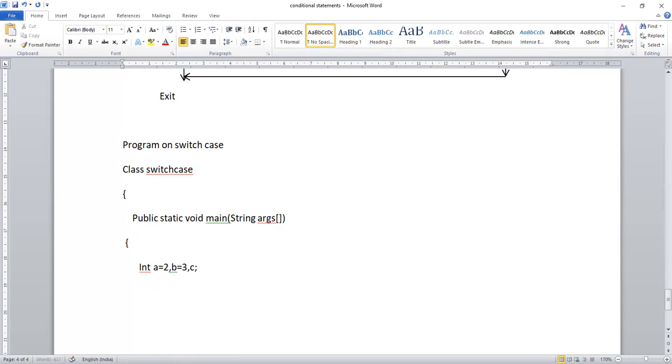Okay, so we'll take a program on this. We'll write int a is equal to 10, b is equal to 20, c is equal to 30. We wrote all these things and we'll check whether